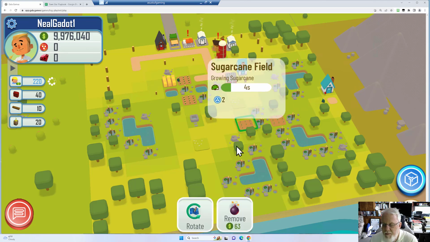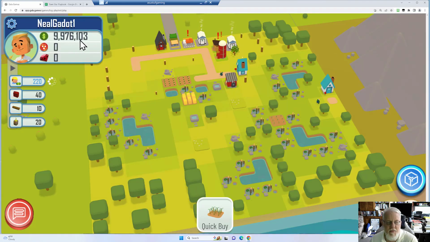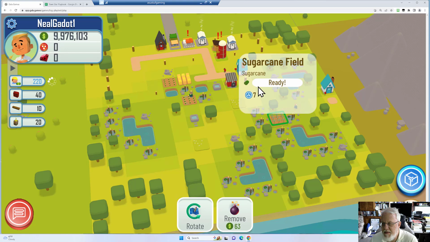So that was a bad place to put it. So you can remove it. Even though I paid $250 to have it added, now I can remove it, and I should get $63 back over here on the left side. So there, that worked. 40 plus 63 was 103. Okay. Now this one, you can't see how much water it needs until it's